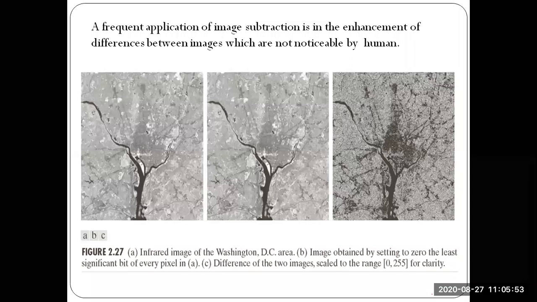Subtracting two images, but here we are creating the second image separately. Image one is the original image, captured by a normal camera, but image B is